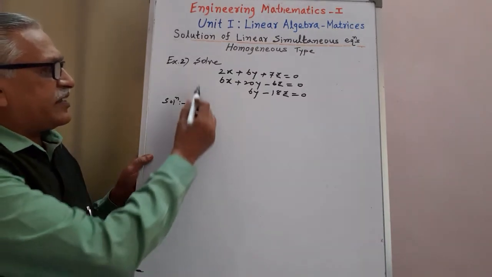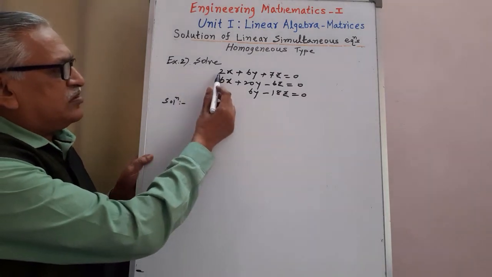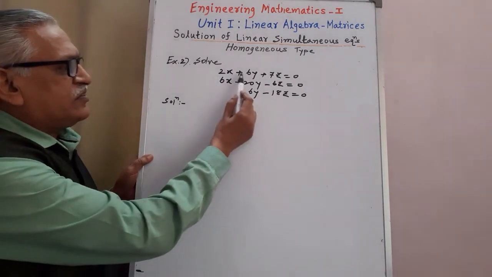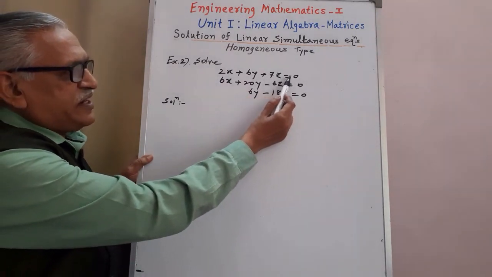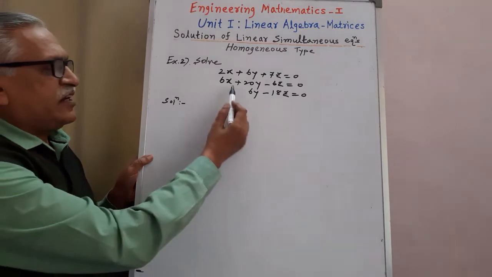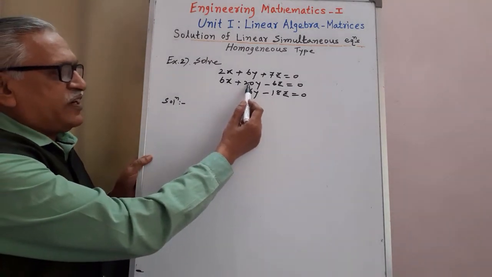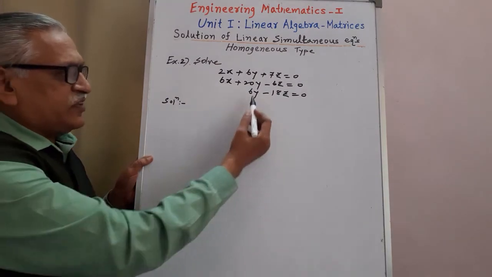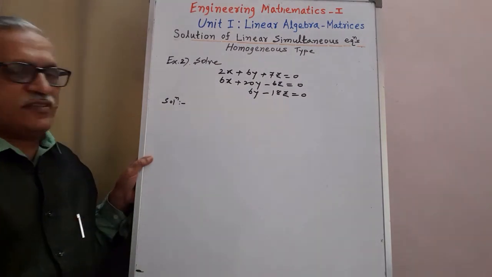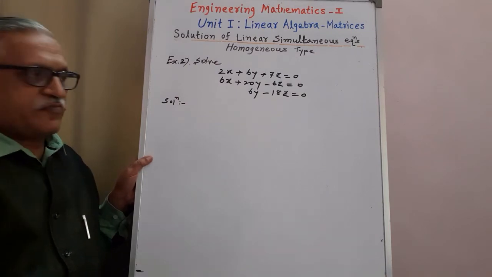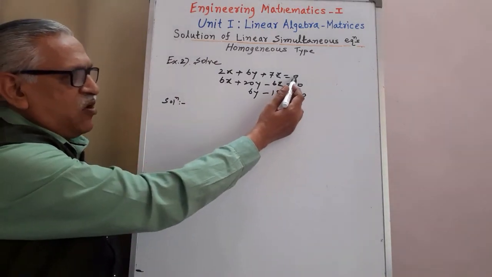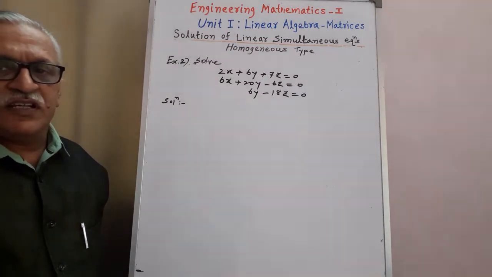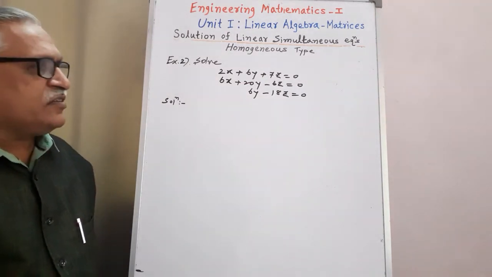Let us see the second example. Solve the following system of equations: 2x plus 6y plus 7z equals 0. The second equation is 6x plus 20y minus 6z equals 0. And the third equation is 6y minus 18z equals 0. Here all the elements on the right hand side are 0, and therefore the given system of equations is homogeneous